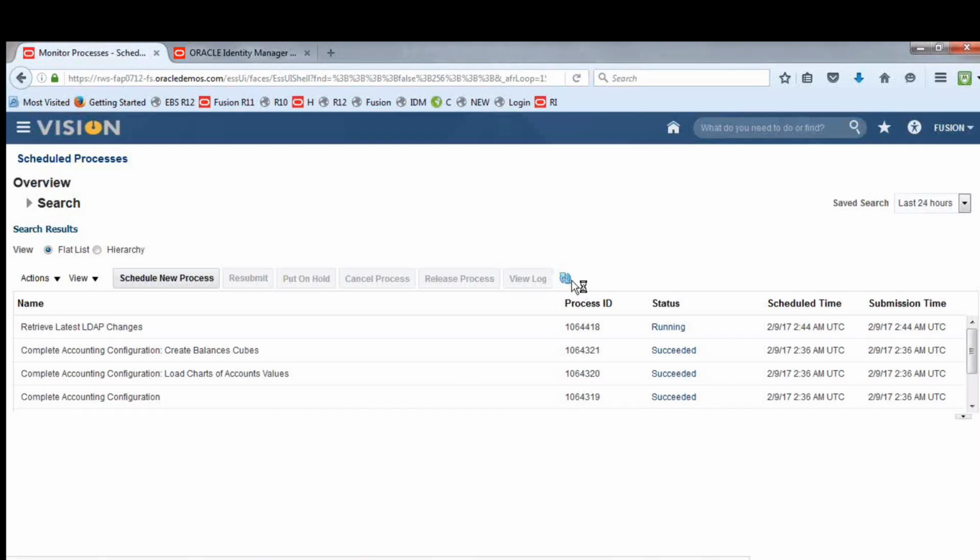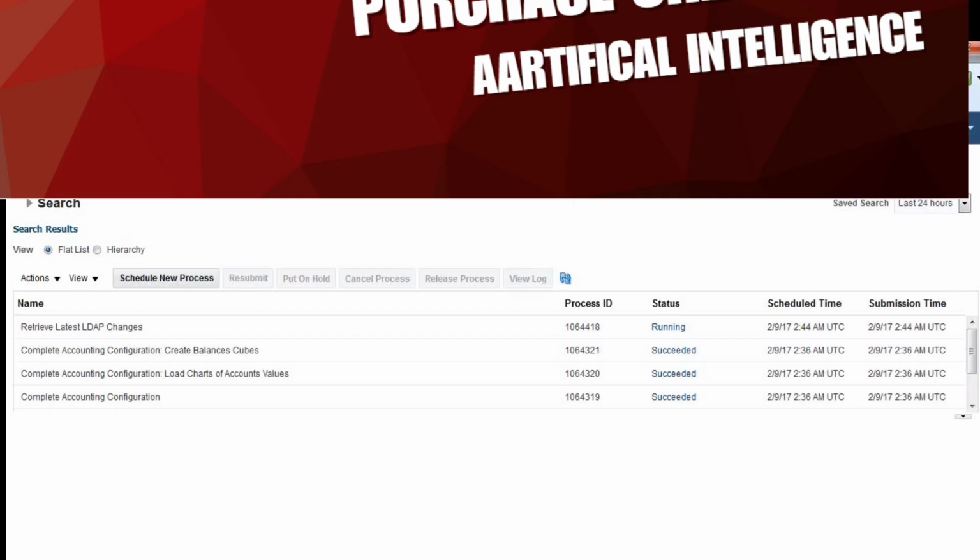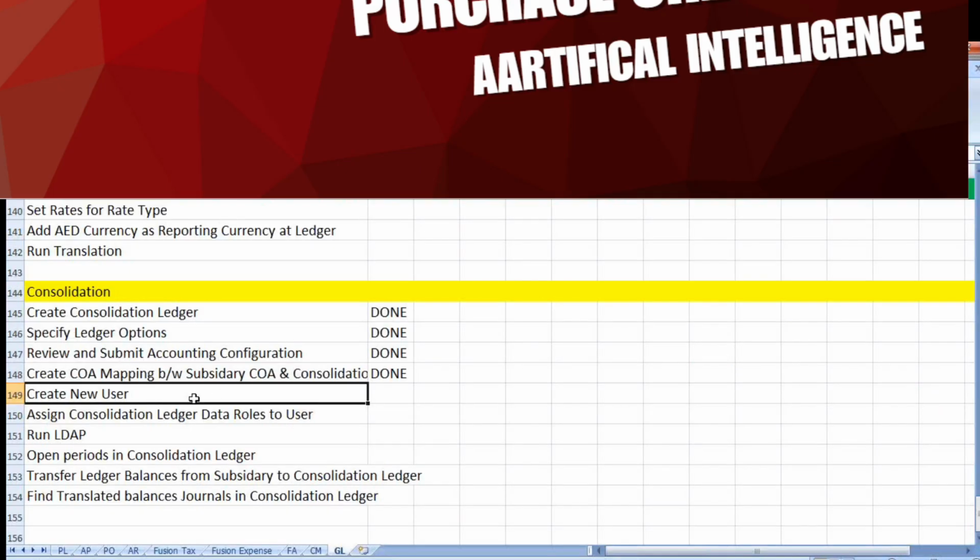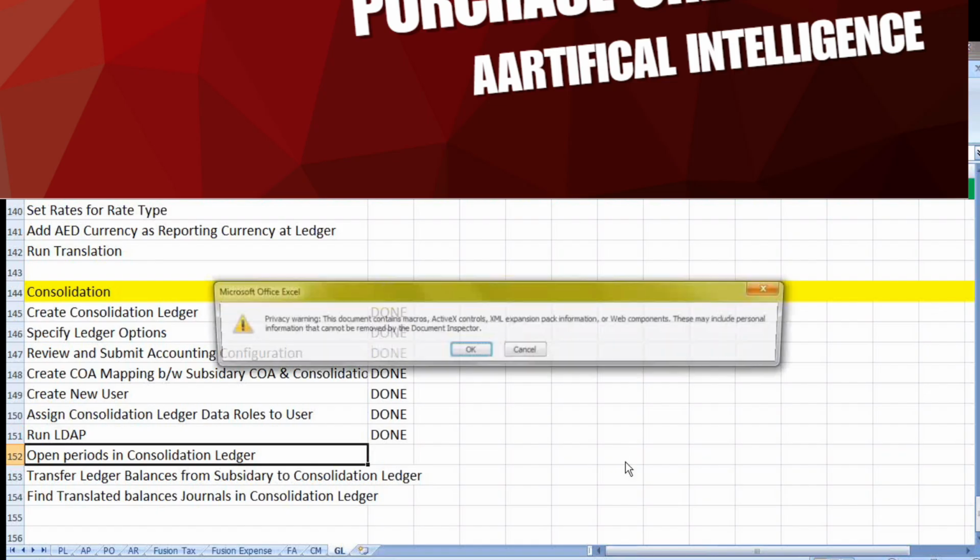Fine. It's not yet completed. I think even though the status is running, we can expect the background updates to take place. That's our experience. We can just proceed on this, no issues. We don't need to wait till it completes. So here we created a user, and we assigned the required roles, and we submitted LDAP. Hope the role synchronization has happened, even though the front-end status is not showing as succeeded. Now the next step is